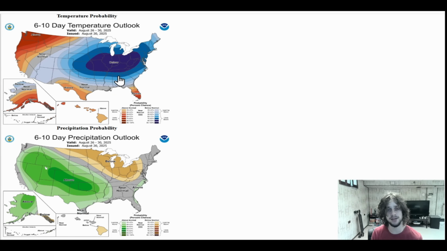Okay, so now I want to look at the 6 to 10 day temperature and precipitation outlook from the Climate Prediction Center. They release these every single day, and they update them every single day. Notice across much of the eastern half of the United States, I would say even eastern two-thirds, excluding Florida and extreme southern Texas, they are calling for a very high probability of below average temperatures, and the same thing goes for the precipitation outlook. A lot of below average precipitation across the Midwest and into potentially the Northeast,